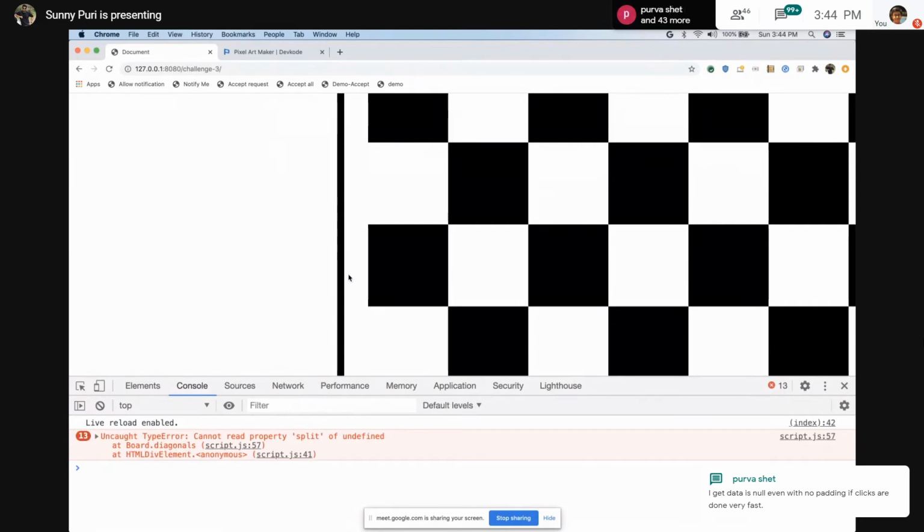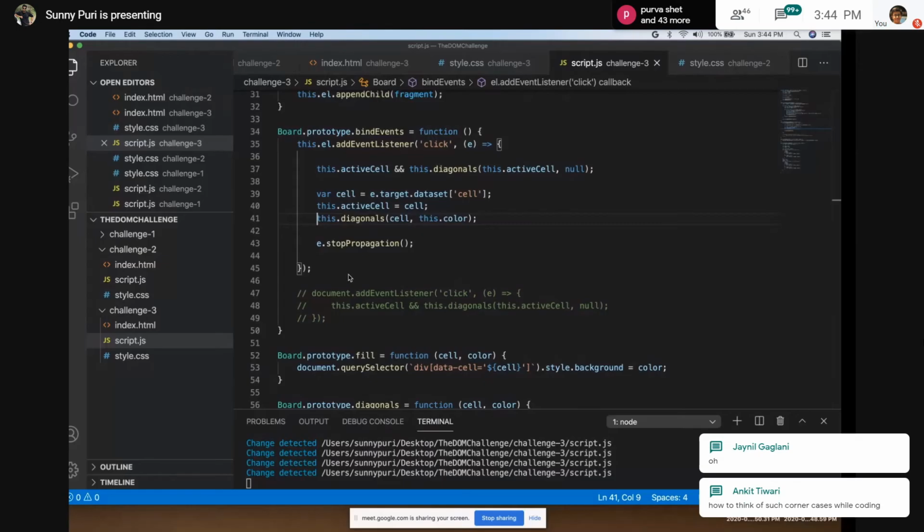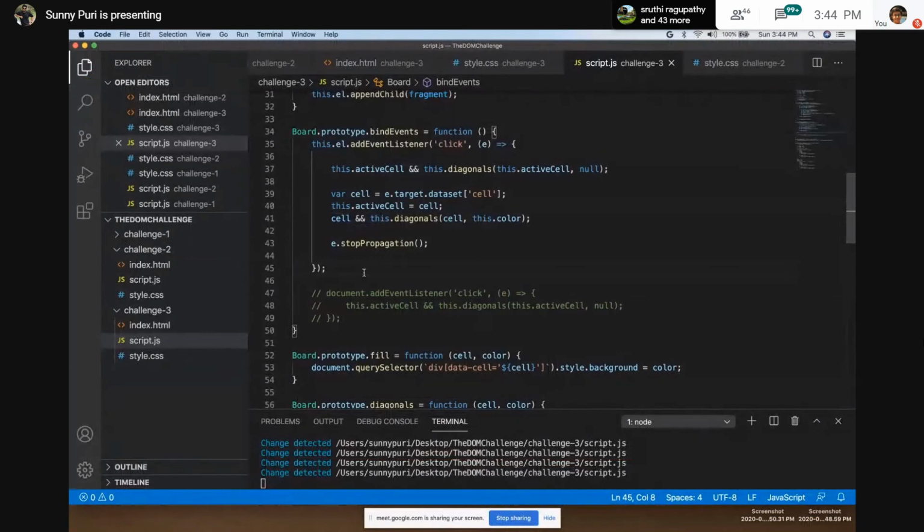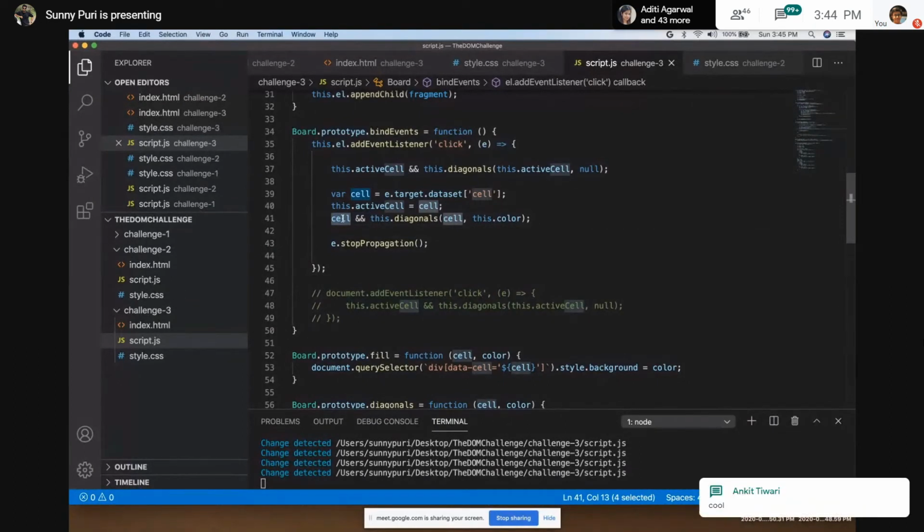My code breaks, right? So I have added an extra check. This is a ninja technique to write code. Instead of if and else, just use this operation. There is a term for this: circuit breaking. If this is not true, it will not go beyond it, so you're breaking the circuit. Either you can write if else, or you can put this cell in an if, but I'll say just write more readable code.